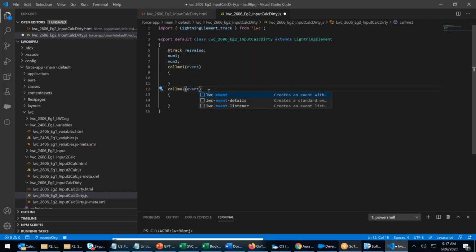Whenever you want to get the data from the page or from the HTML, you have to use event. Directly say, no need to identify the event.